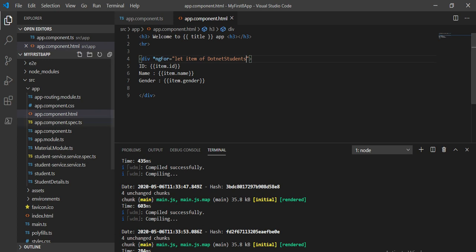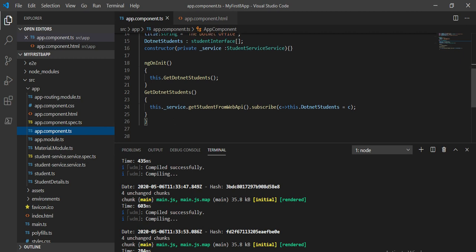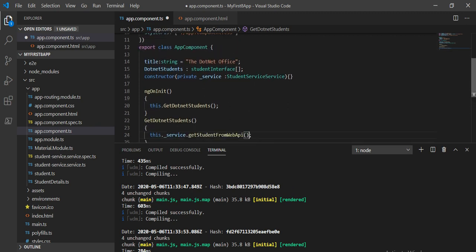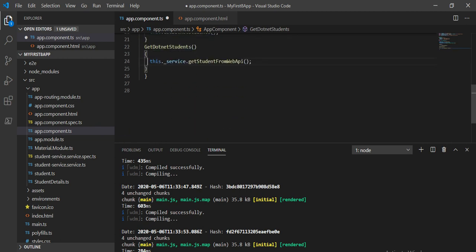In the app.component.ts, currently we are getting the response using the subscribe keyword. Now we will not get the response using subscribe. Basically, the observable and subscribe are meant to handle the request and response in an asynchronous way. Now we will get this data with the async pipe. So before this, let's remove it, and whatever response is coming, we will get that response directly into this variable.